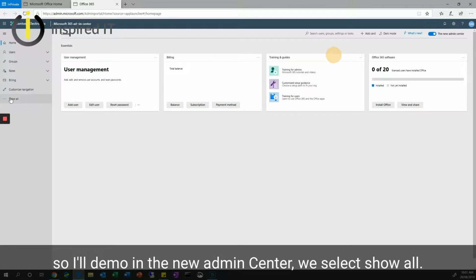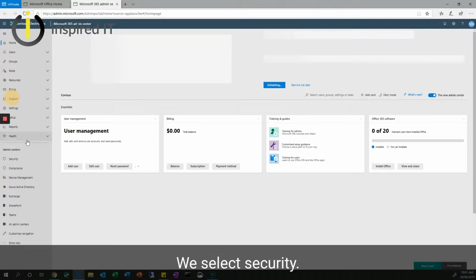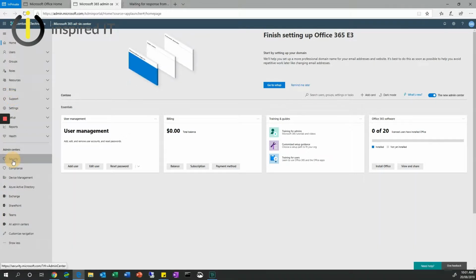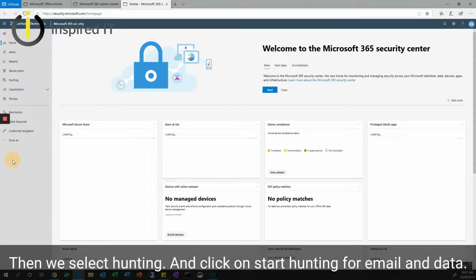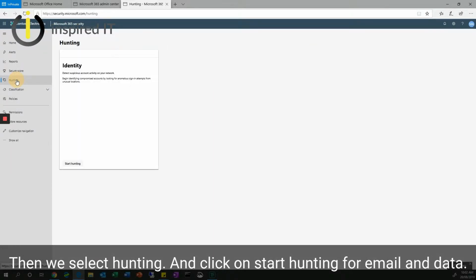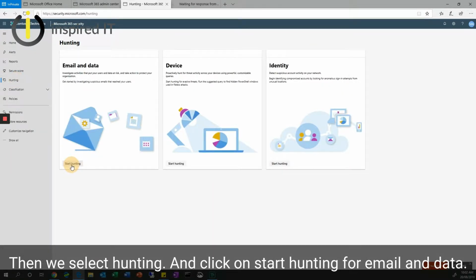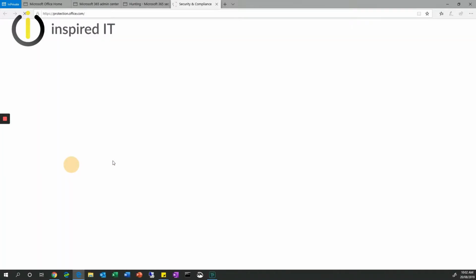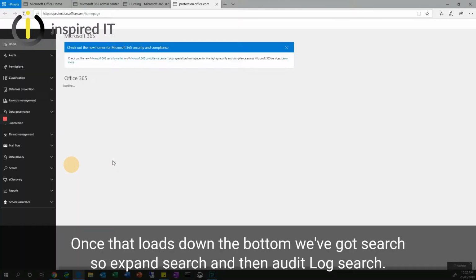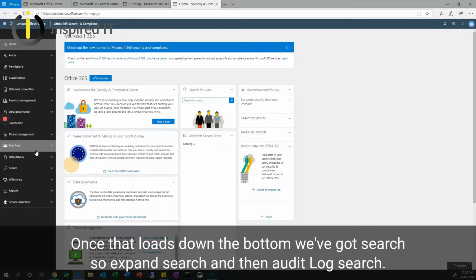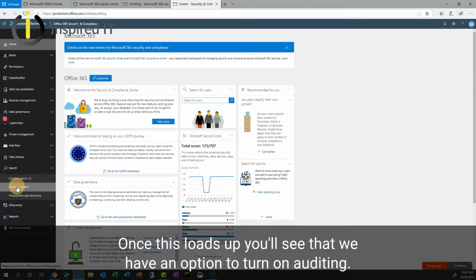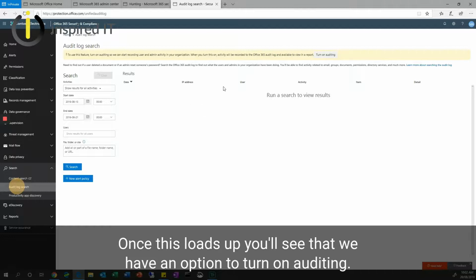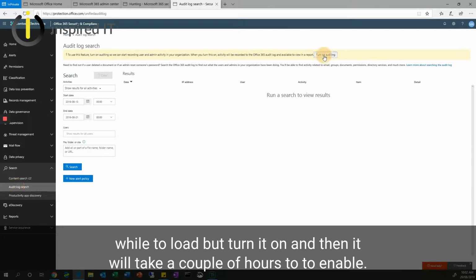We select show all, we select security, then we select hunting and click on start hunting for email and data. Once that loads, down on the bottom we've got search, so expand search, and then audit log search. Once this loads up, you'll see that we have an option to turn on auditing. Sometimes it takes a little while to load, but turn it on and then that will take a couple of